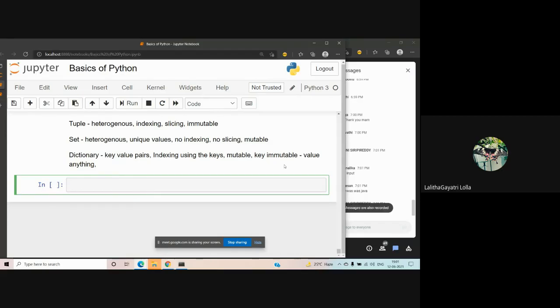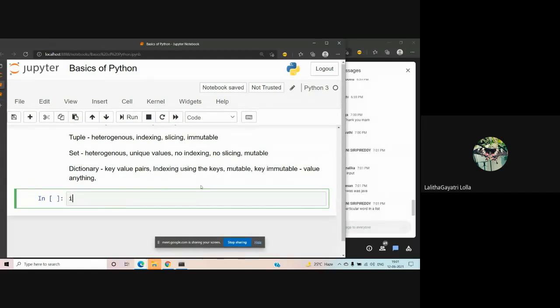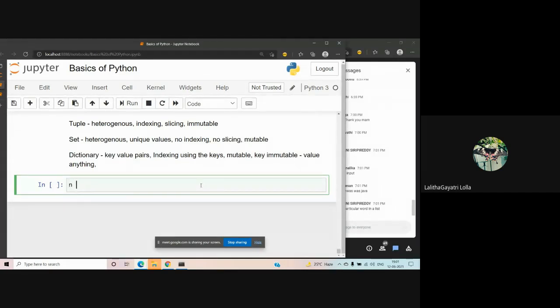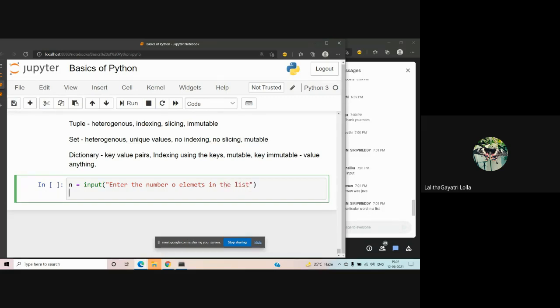Okay, so the first way of taking a list as input is, you take an integer as an input. I would say, enter the number of elements in the list. Here somebody will give some number, so I'll say for i in range 0 comma n. And then I would say